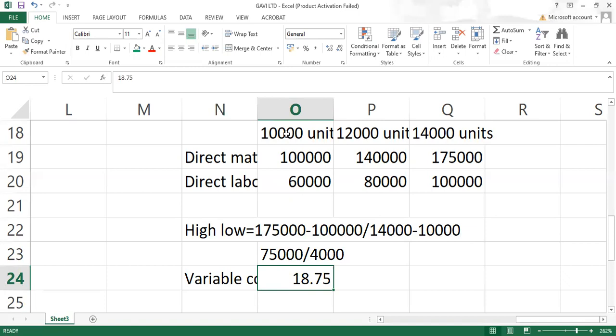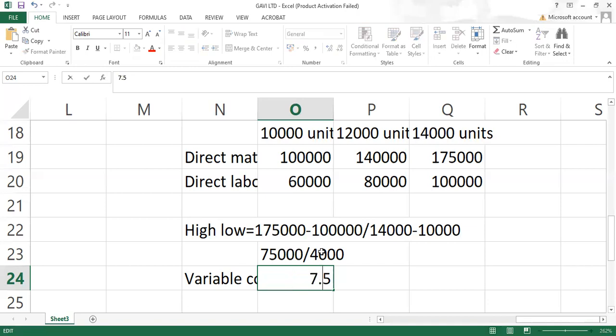How much are you getting? You are getting 187,500, isn't it? Yes. So it's because I use assumed figures. I just want to show you. At the end of the day, every figure that you get over here, if you multiply it, you get the same answer. But sometimes it can happen that after doing this, you have gotten